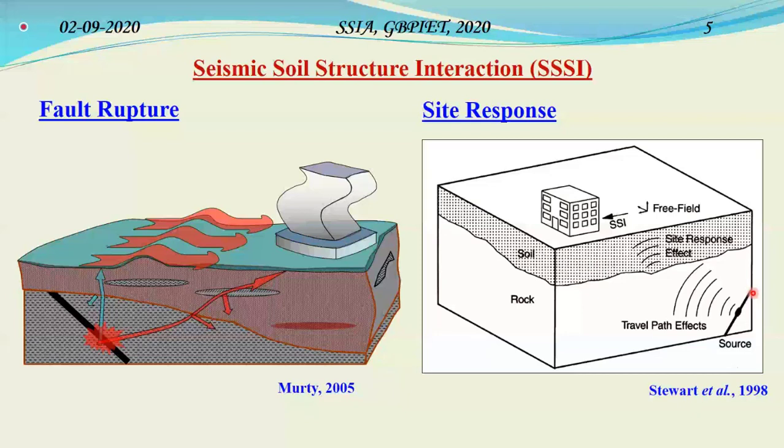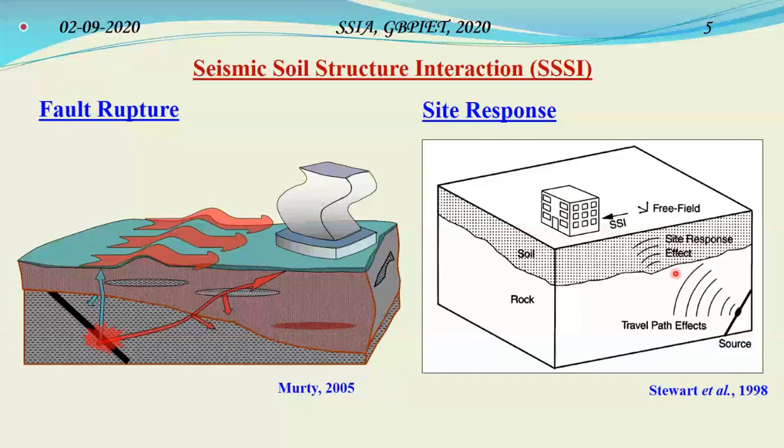These fault ruptures generally take place in the rock bed, as you can see in the right side figure, and the waves travel through the rock bed and then reach the overlying soil. Now this soil, being of lesser stiffness than the rock, creates a change in the wave characteristic. Depending on the soil properties, it may amplify, it may attenuate, or it may change the entire frequency response of